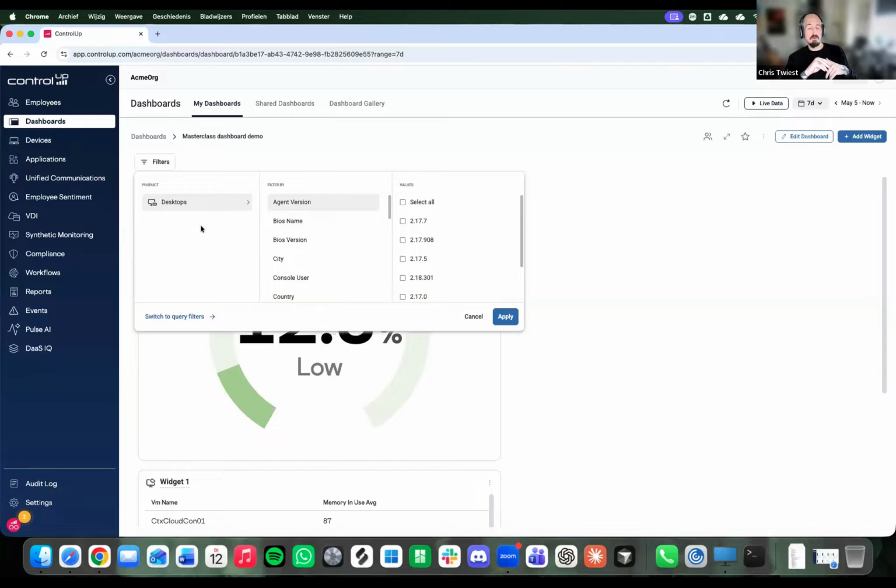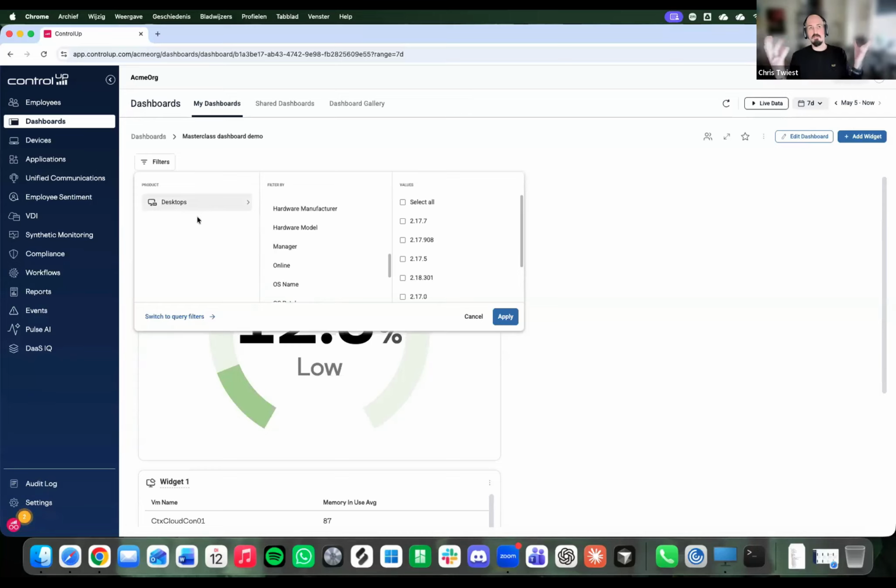So they are like global filters. We have in-widget filters, but these are global. Each widget that you build with desktop should be able to filter on all these things that we have here. Currently we only have that for desktops, but I can tell you we are working on VDI global filters too. At first it will be VDI folders.